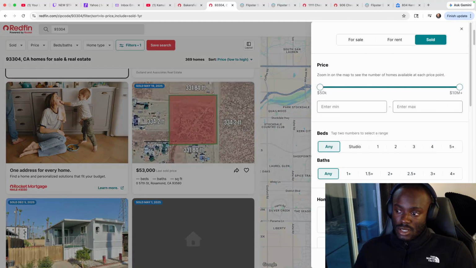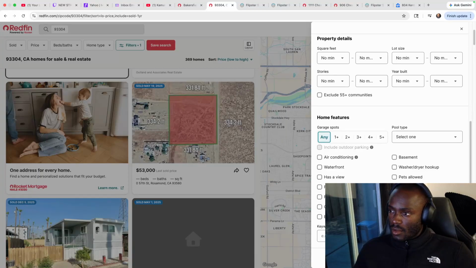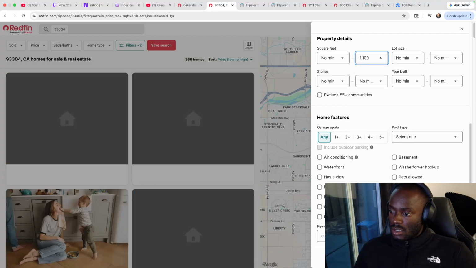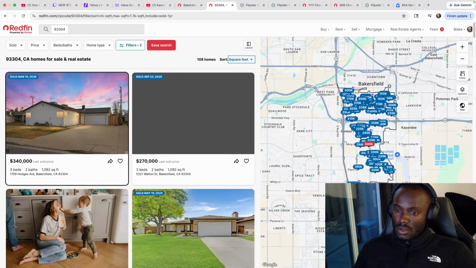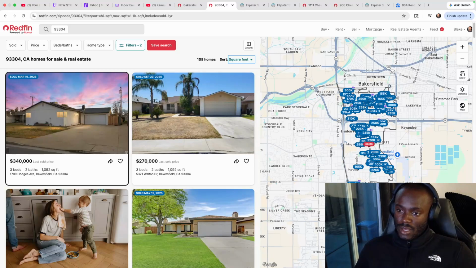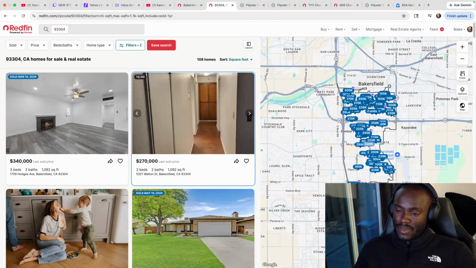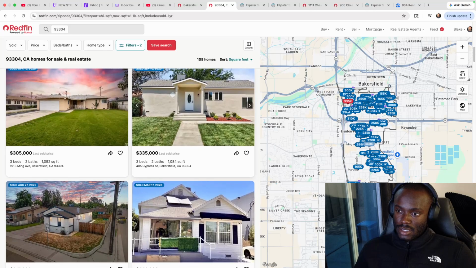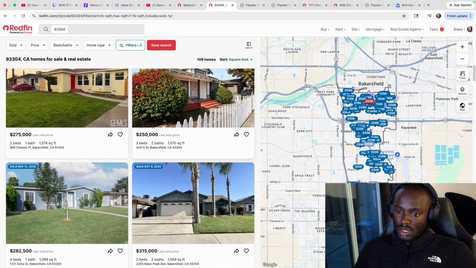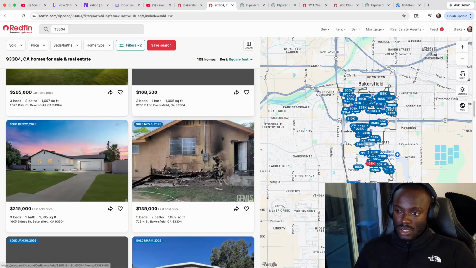Actually, we're gonna put some filters in there. So I'm gonna put a filter for square foot to be maxed at 1100. Now we want to see square footage of homes that sold for that square foot and how much they sold for. This was fixed up. That's not fixed, but for 270. Anything for less than that price of these 108 homes. No, we have nothing so far. Nothing, nothing, nothing. This is giving us a pulse of what the market is like.